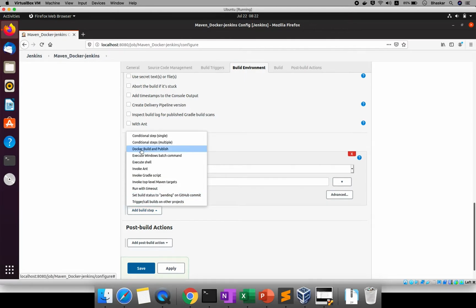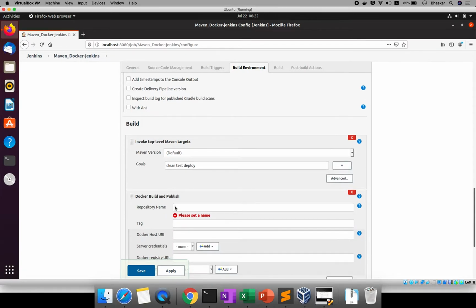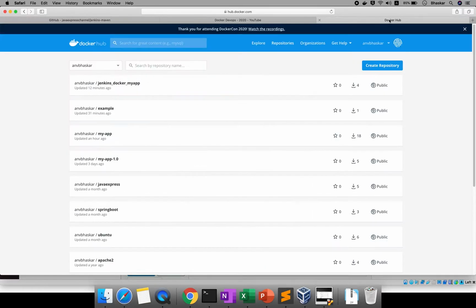Here, if you see, there is a command, Docker Build and Publish. Click here. Here you need to provide your repository name. What is the repository name and how to provide it, I already explained in the previous video. Here your repository name should be your tag name. If you click on your GitHub account, let me show you again. This is your tag name.